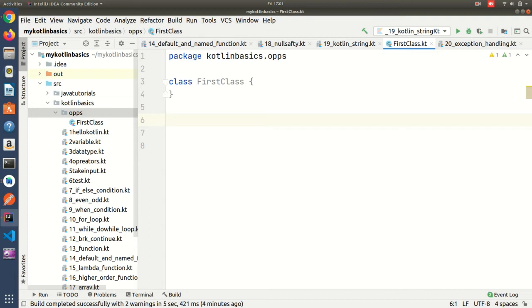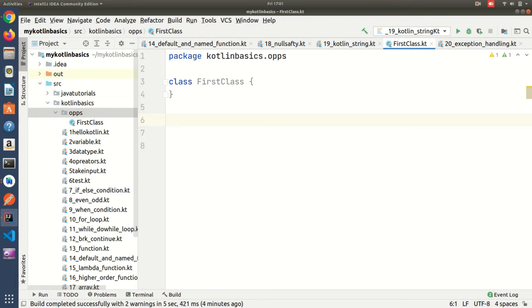But the behavior of the dog is like the dog can eat, the dog can run, the dog can bite. So these are the behavior. Any entity having this state and behavior is called an object. Taking the example of a mobile phone, a mobile has some shape and size, colors, and its behavior is like you can call, watch videos, switch on, switch off. So these are the behavior.